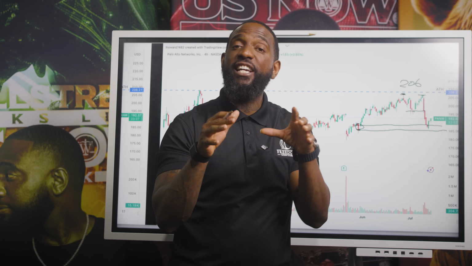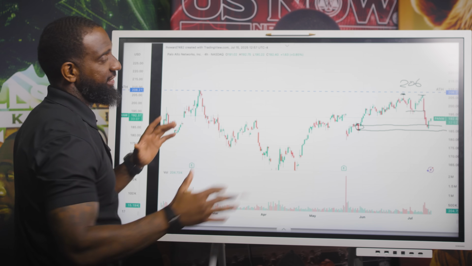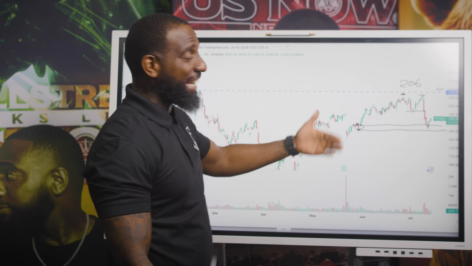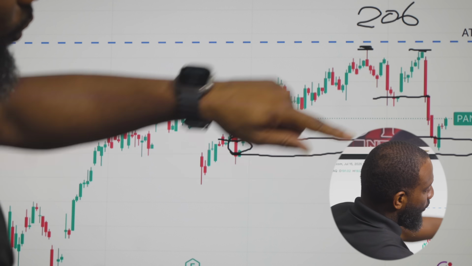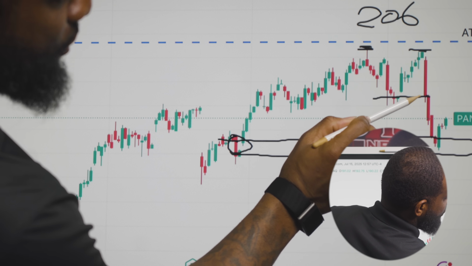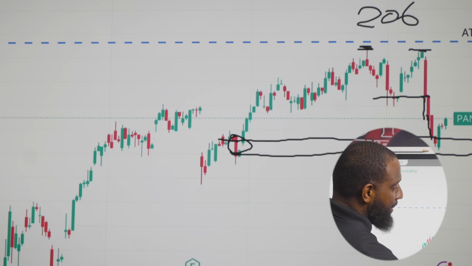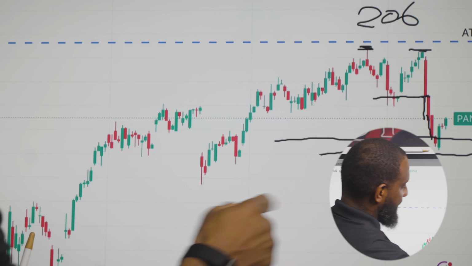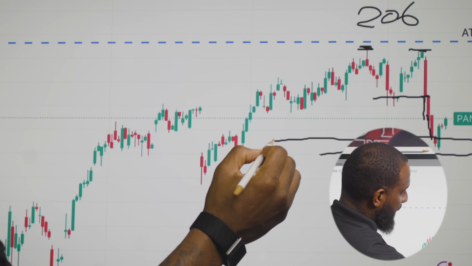So the 1 hour gives us the dialogue. The 4 hour does the heavy communication. The 1 hour tells us where the emotion is looking at. And if you read this chart the same way, you can actually see it taking place right in front of our eyes. All right, so then what happens? Once it breaks, then you get a candle here and a candle here. We get right into our demand zone. Look, right back into the demand zone. Look, boom, this is your play.